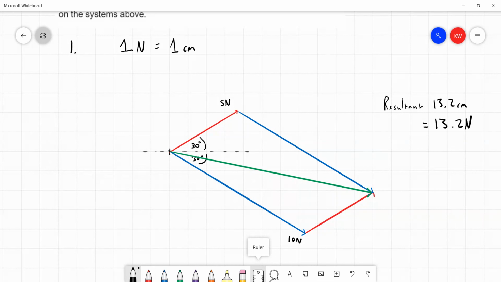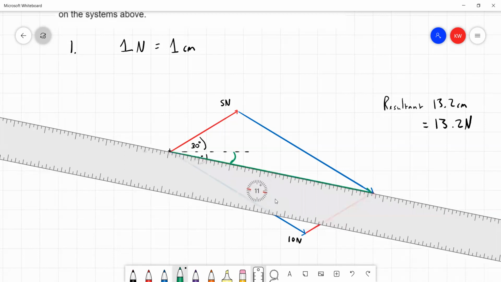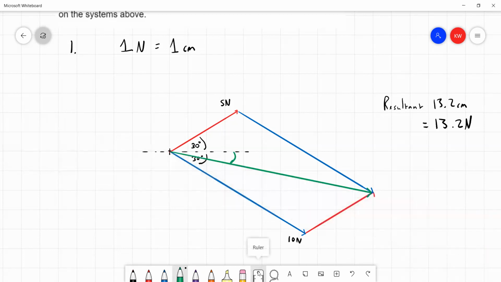We also have to say what direction it's going in. So usually what we would do is we'd measure this angle here, and I'll mark it in green to show it's for the resultant. We measure the angle between a horizontal line, or sometimes a vertical, whatever's most convenient, but we give some indication of the direction it's pointing in. And if I use my ruler here, well, I don't need to use a protractor because I can see that's 11 degrees from the ruler. And so I can say that the direction,